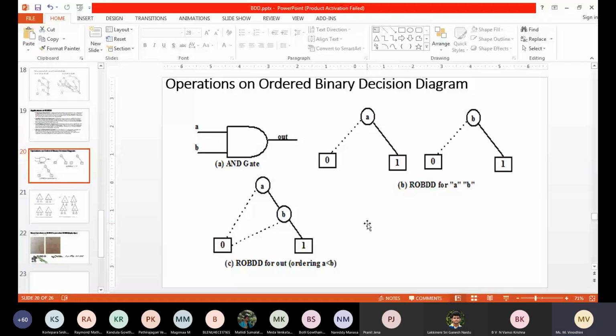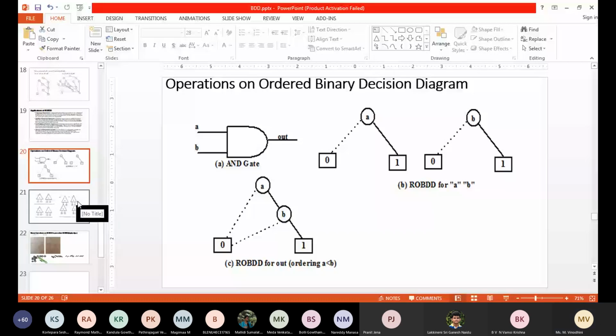From an exam point of view, I may give the diagram and ask you to find the complemented version, or I may not give you the main diagram at all. I will ask you to draw the ROBDD for F and F bar. So anything can be done. Okay, so this is how you have to get the complement.